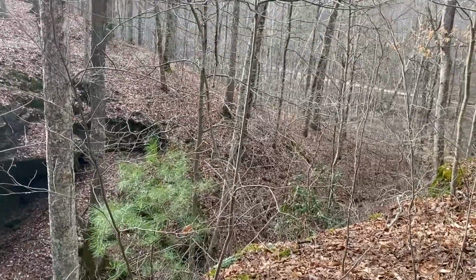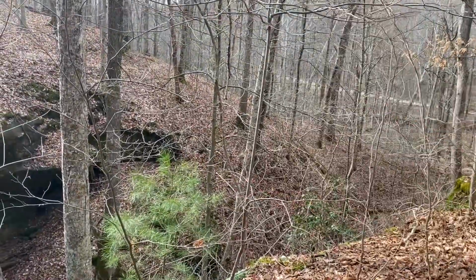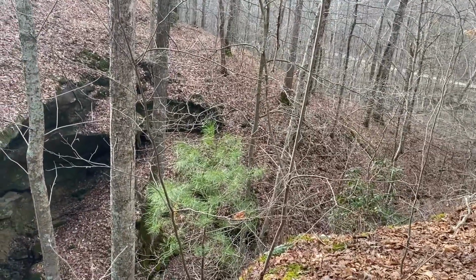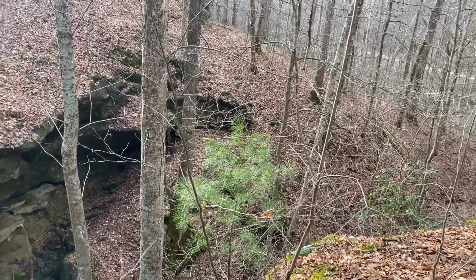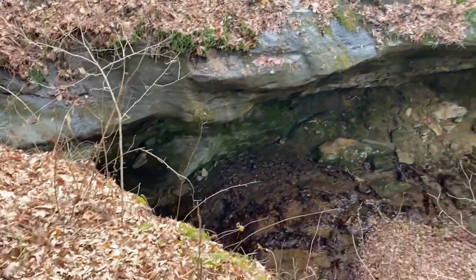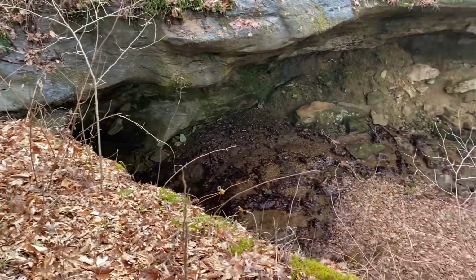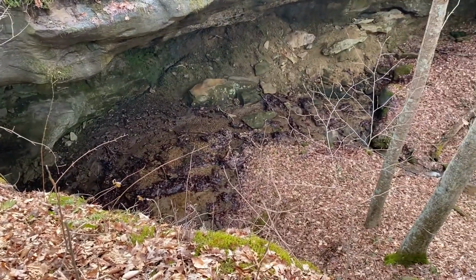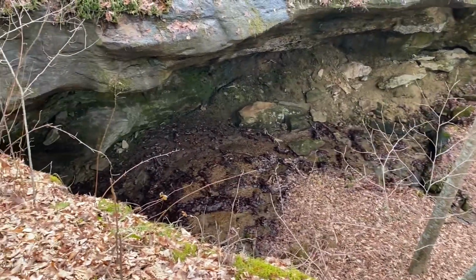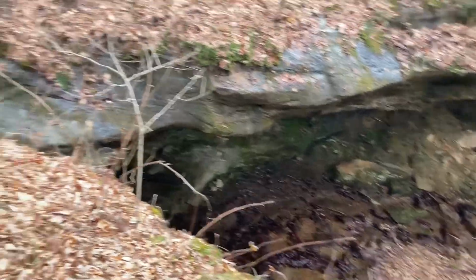There's the road. Going that way is where my car is at, but we're still a good 2 miles, 3 miles, 2.5, about 2.5 away. And that's about a, I'll say 40-foot fall right there. All right,